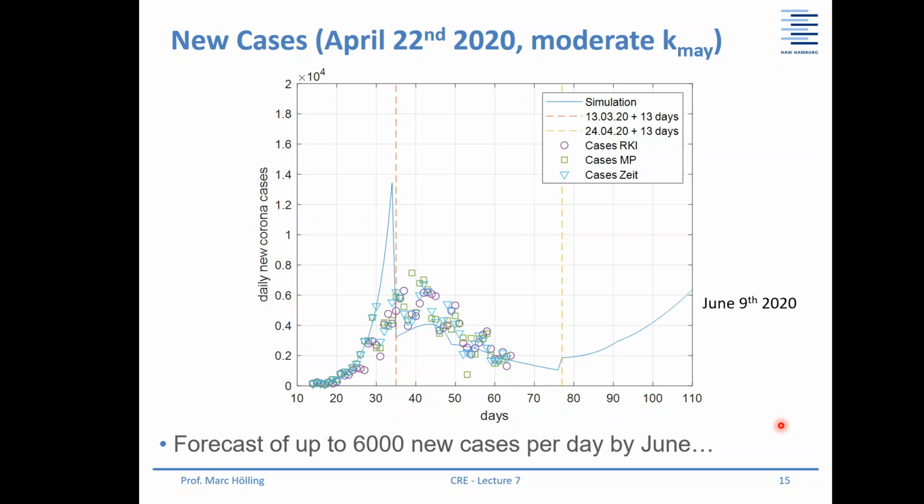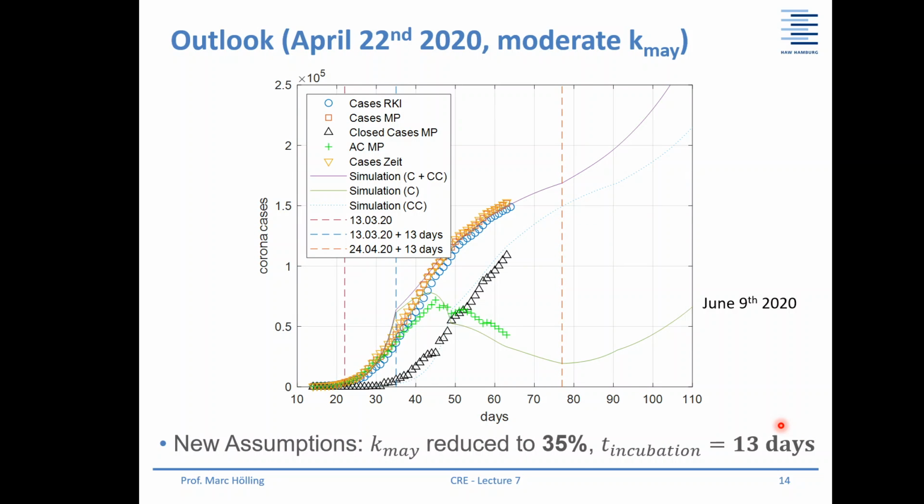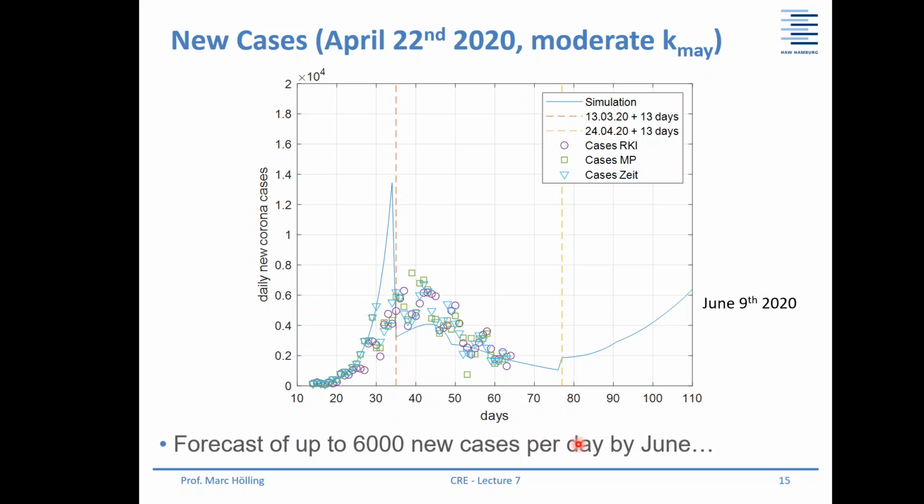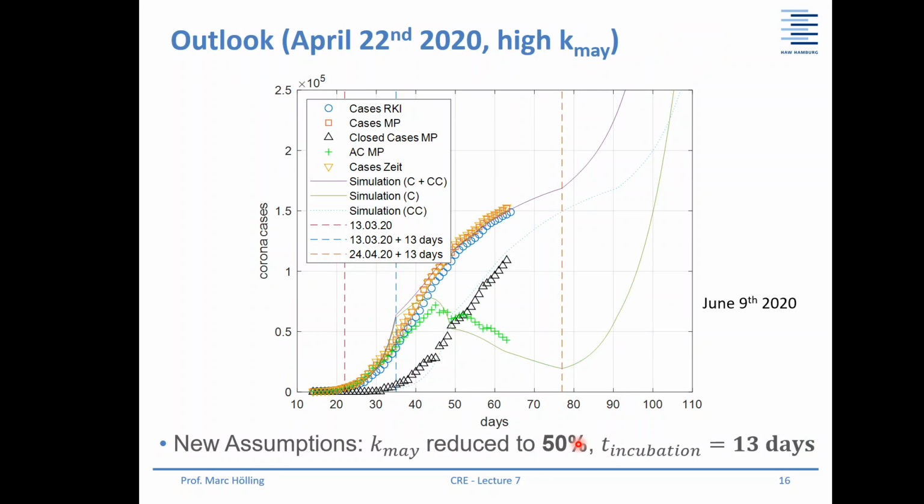So for a reaction rate of 35%, I think this is not too fast, so that you can still react on it. If you then have a look at the reduction of only 50%, so the rate constant in May will be about 50% of the rate constant of normal life, then the situation looks a little bit